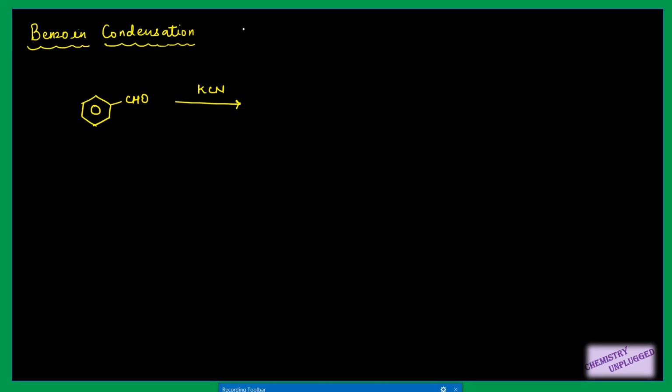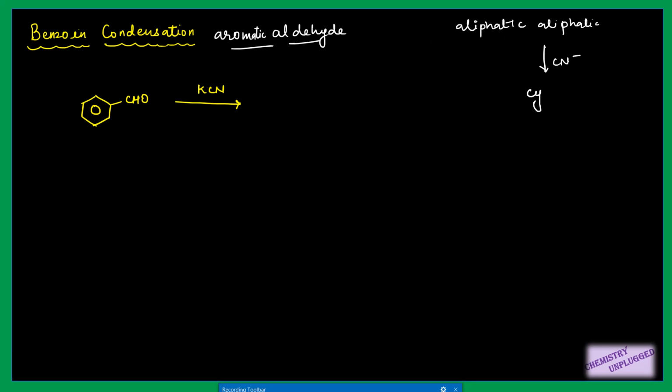What type of organic compounds can show benzoin condensation? It can be shown mostly by aldehydes. In general, it is shown by carbonyls, both aldehyde and ketone, but aromatic aldehydes are very good substrates for it. If you are using an aliphatic aldehyde with cyanide, which can be provided in the form of KCN, NaCN or HCN, it will show formation of cyanohydrin.